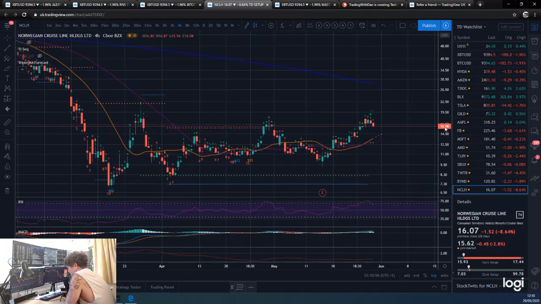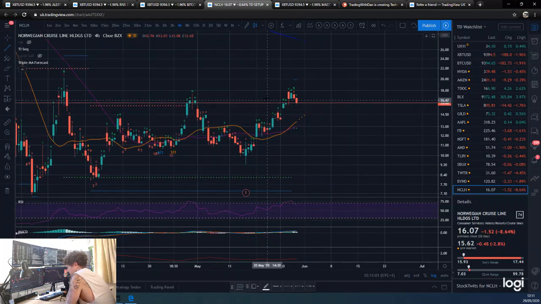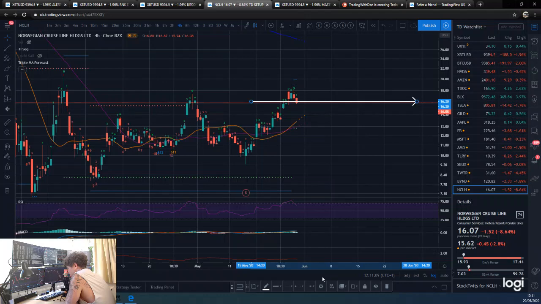4-hour 9. Oh, we sort of missed it. I can't really draw it on now. So I don't want a hindsight trade, but obviously you guys know we would have had the 9 printed. I would have drawn the line across, I'd have got rid of the arrow, and then I would have said, here is our target, this moving average cluster here.